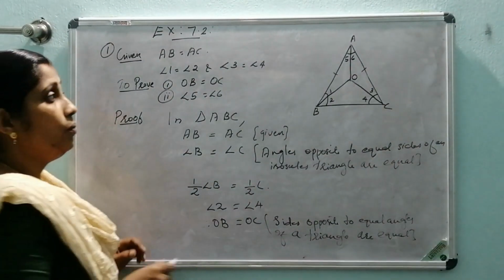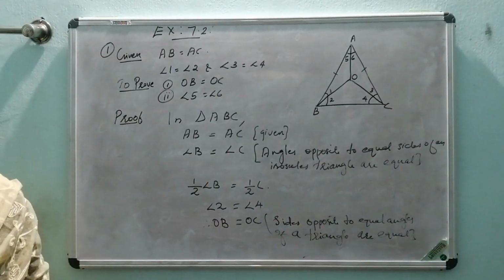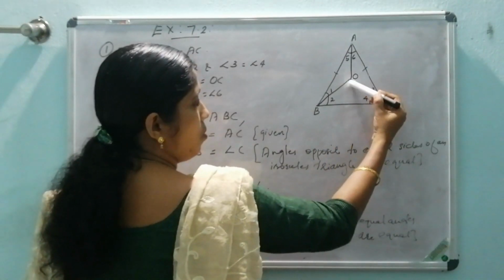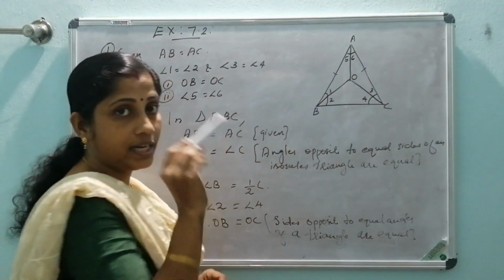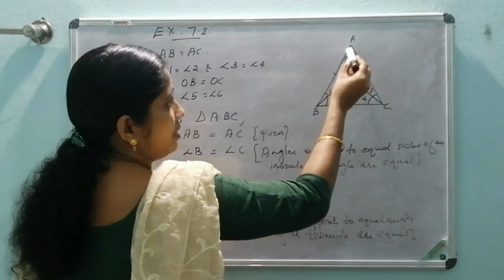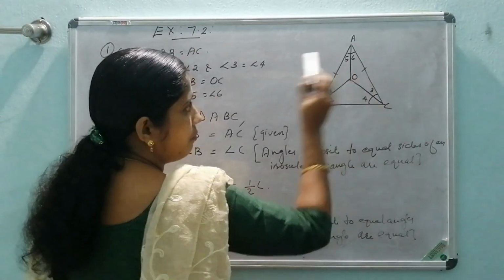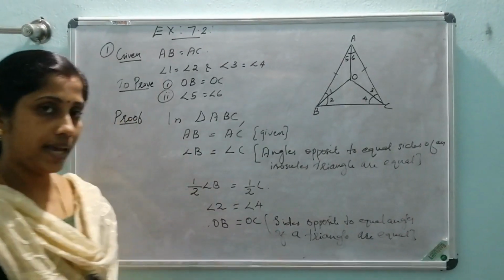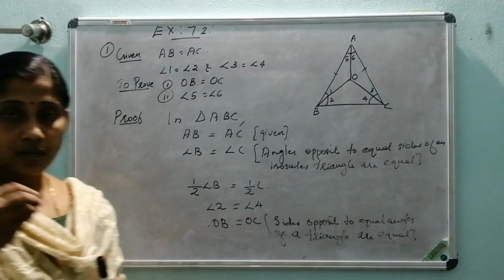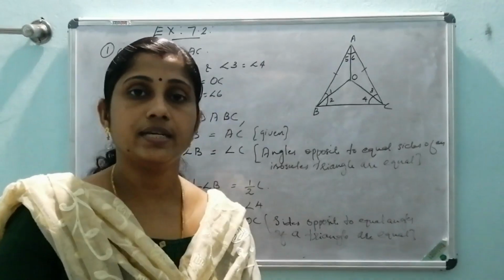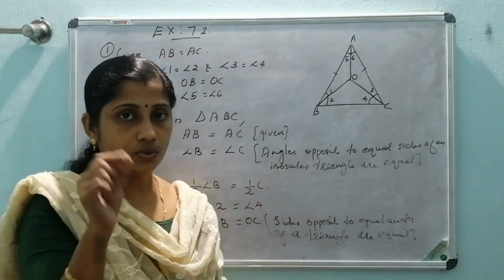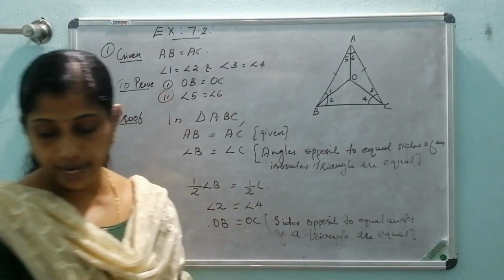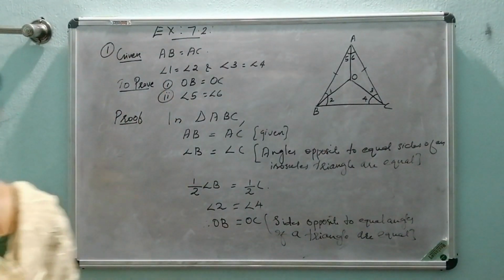Then what is the second part of the question? What do you have to prove? AO bisects angle A. So we have to prove angle 5 is equal to angle 6. We are naming these angles there, so we can easily do our calculations. We name the angles 1, 2, 3, 4 likewise. So we have to prove that angle 5 is equal to angle 6. How can we prove it? Look at